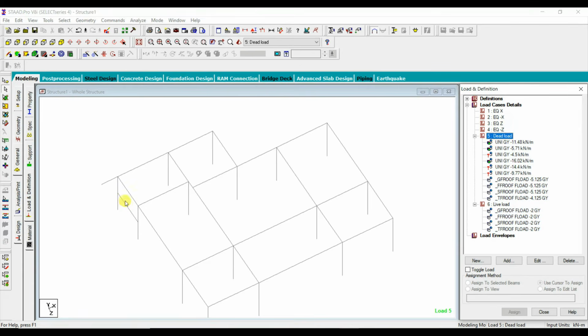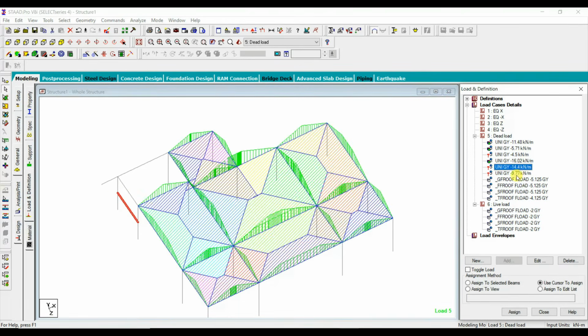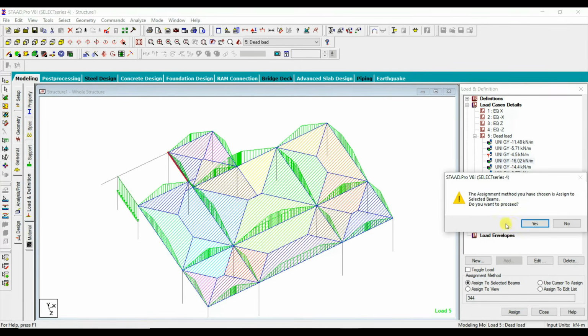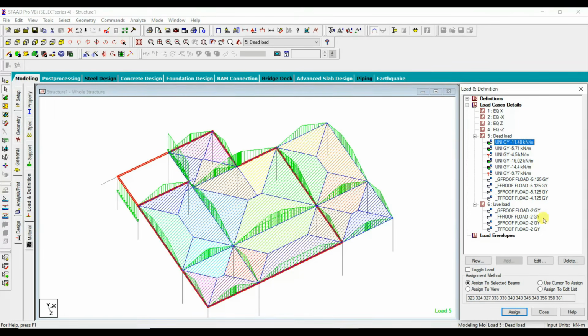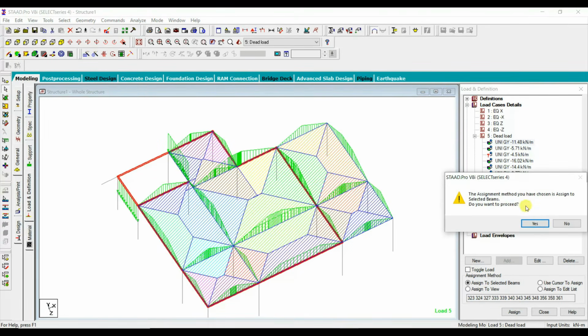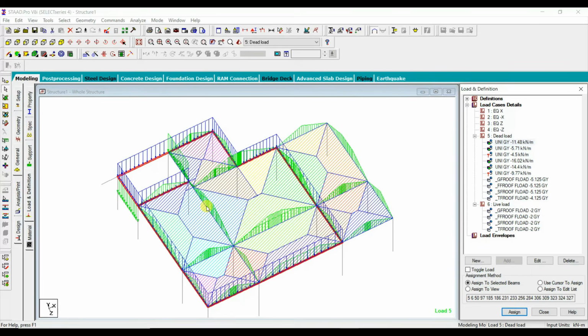So here there is a mid landing beam. I have added a mid landing beam. So in this one we need to apply this load assigned to selected beam, and then in the roof level beam we have to apply this load. So that is assigned, and all the periphery, the outer main walls are coming. So here we have to apply the main wall load, so that comes around 11.48 kilonewton per meter, so that we need to apply. And here there is a partition wall